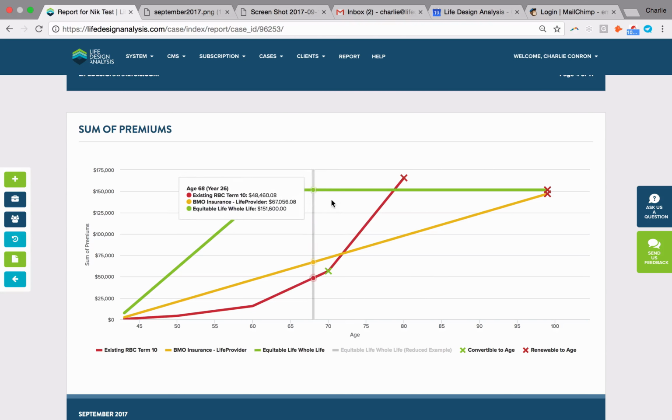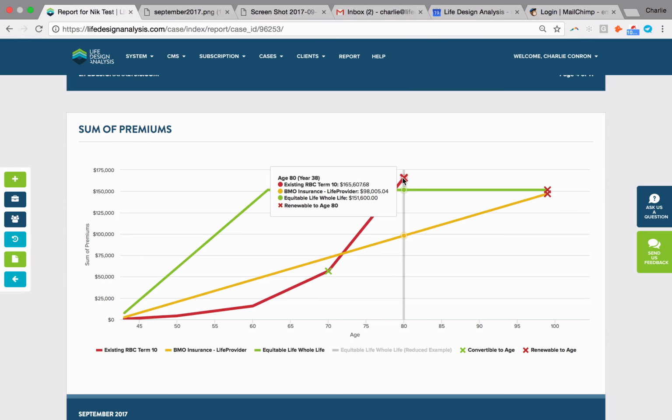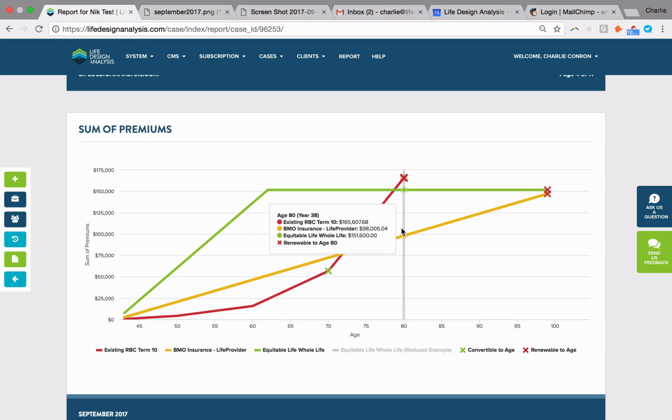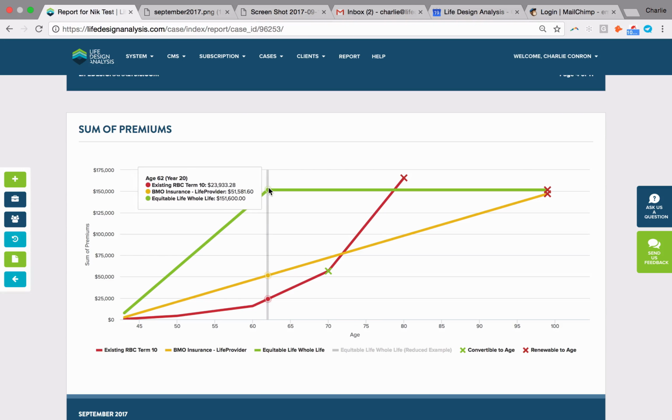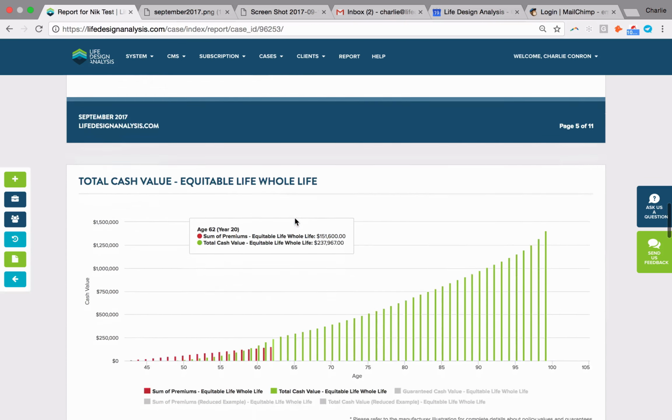Again, huge thing here is asymmetrical dominance. So one, the expensive term makes the other two look affordable in comparison. Two, the other one, it's giving an option. And why is this one green? What's better about this plan? Why do we put in all this extra deposit in the whole life product? And again, that's going to be the cash value.